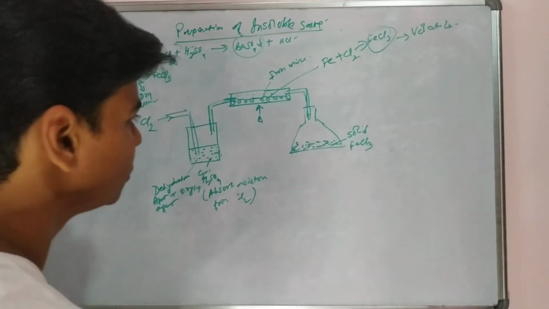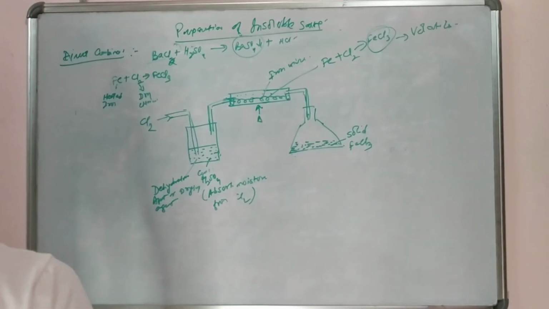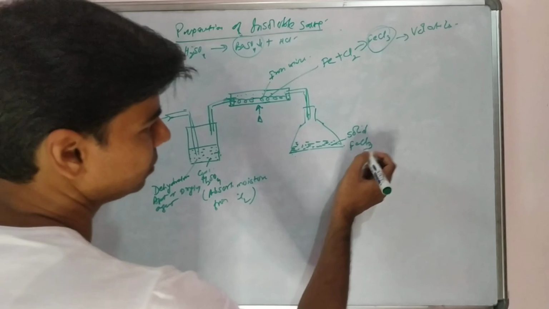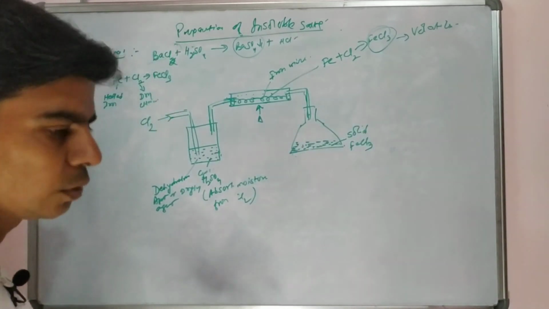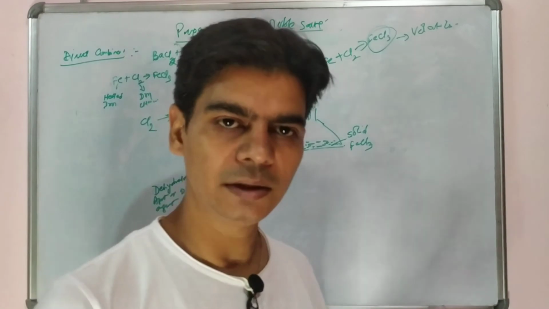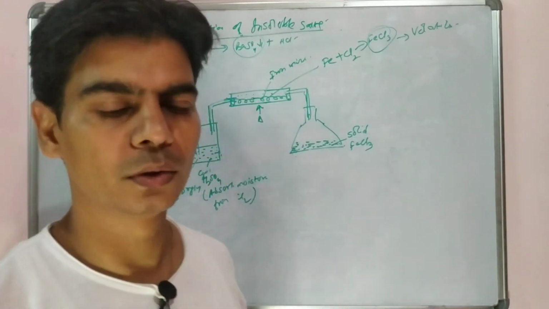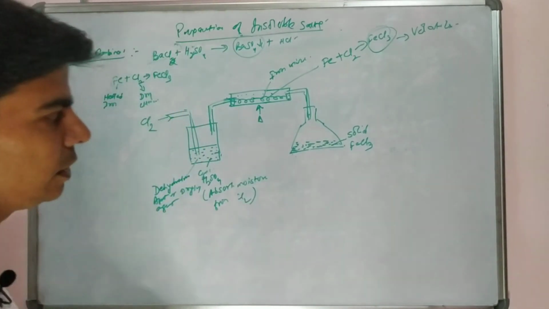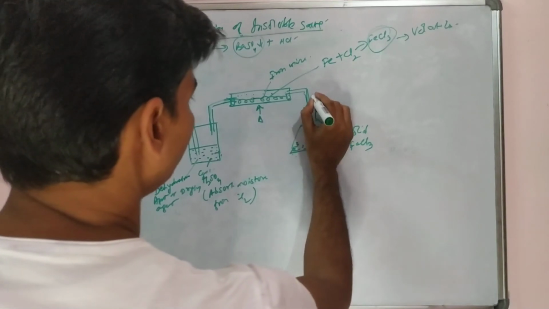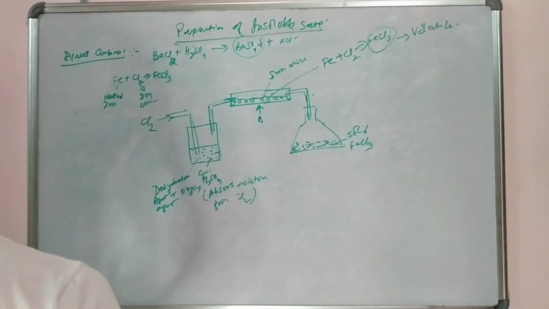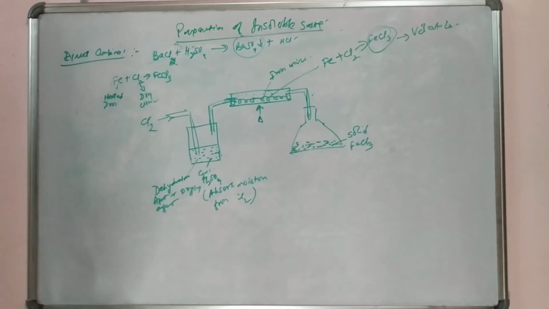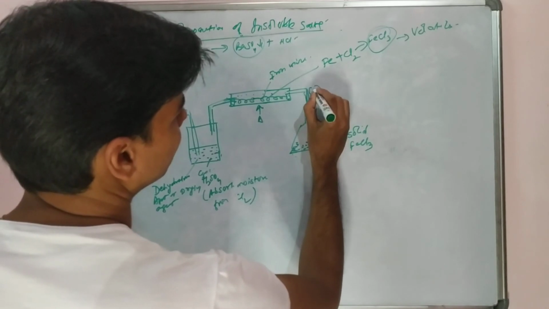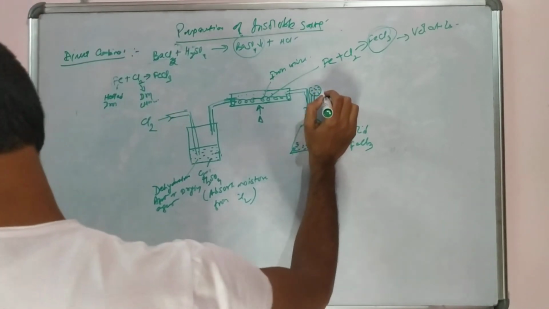We prepare solid ferric chloride, and this is an insoluble salt, we know that. Now we know one thing, that this ferric chloride is highly deliquescent in nature. By deliquescent we mean, if you leave ferric chloride in air, it will start absorbing moisture. So we need to prevent that from happening. So what we will do is, we will take one drying agent. This is how you can see in your book, quicklime, calcium chloride.